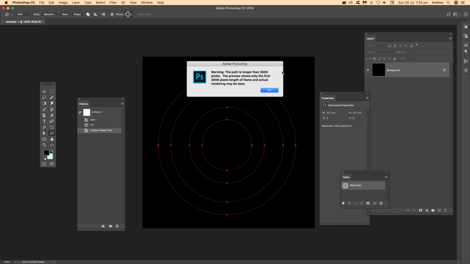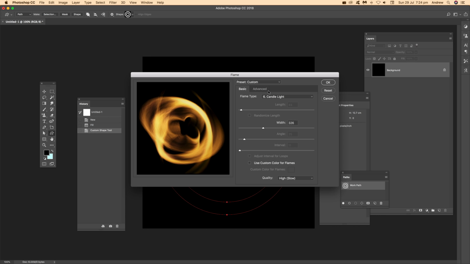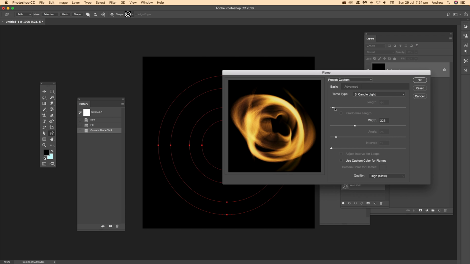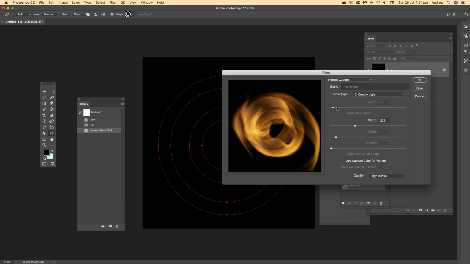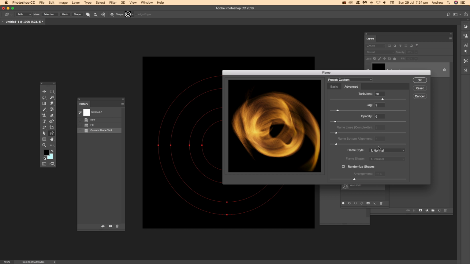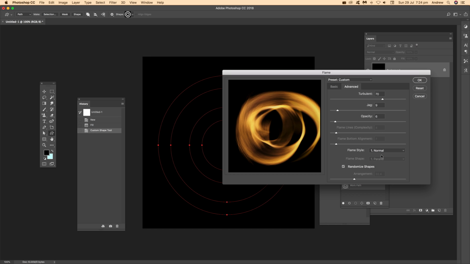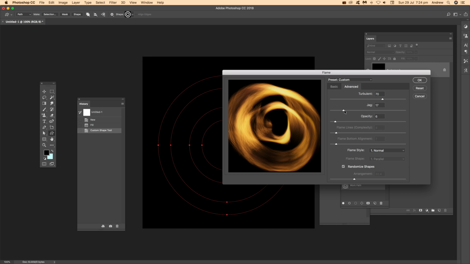Now, the flame does come up with a warning message, saying the size is a bit too great. But you've got a whole range of different flame types you can use, candlelight, etc. I personally prefer the candlelight. You'll notice that when you change things, it will randomise it. There's a randomised shapes option down there, so make certain that's on. You don't have to have it on, you can set it to a particular shape if you want, very reasonable,